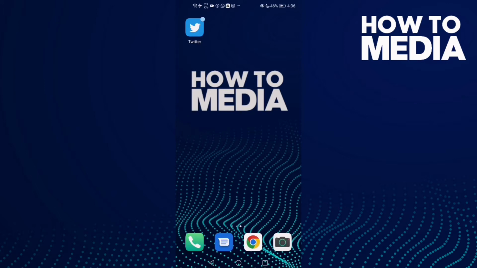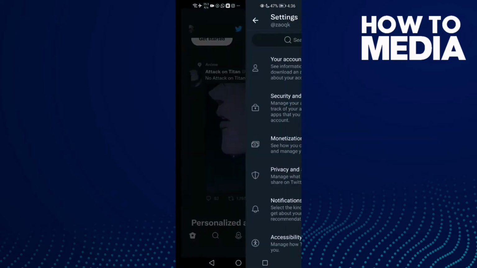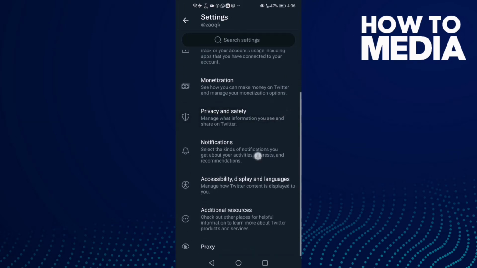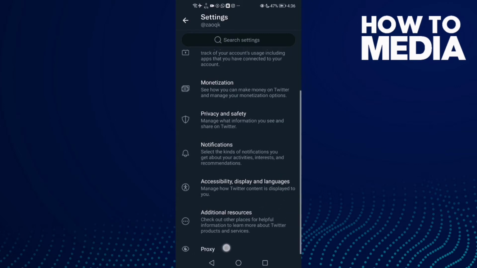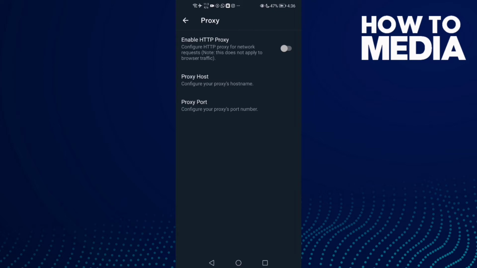First go to Twitter and then go here and now go to settings and privacy, and then to find this one here, go down and you will find it, proxy, click on it. And now if you want to